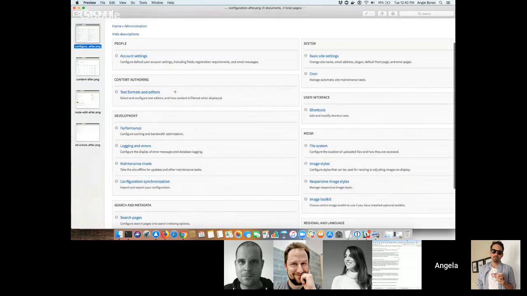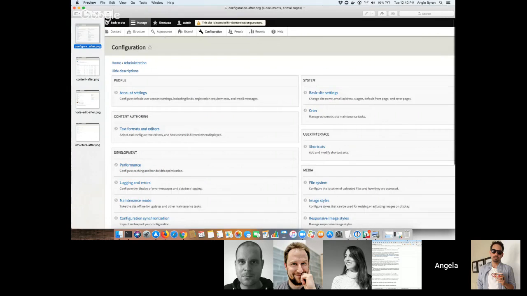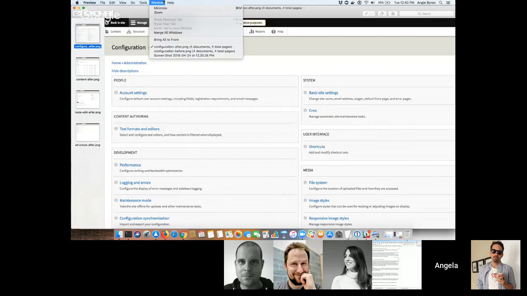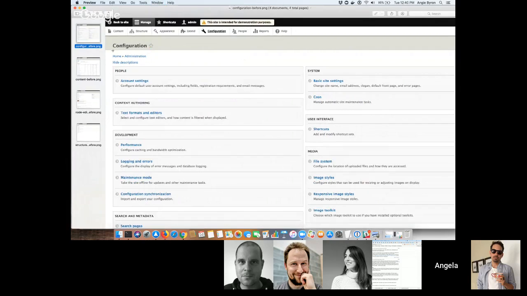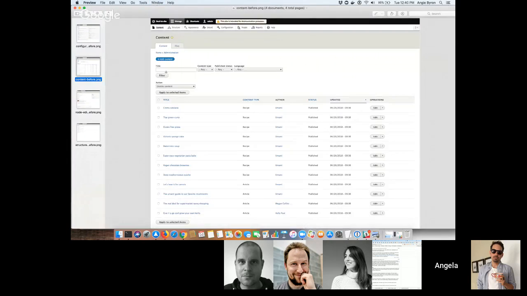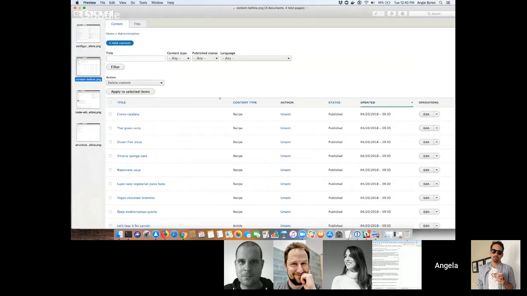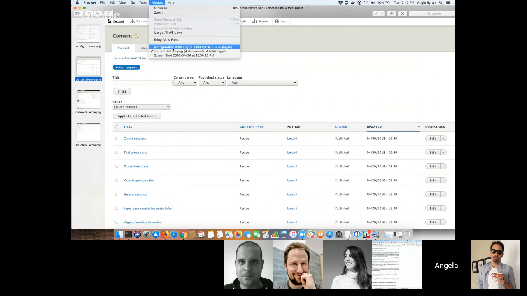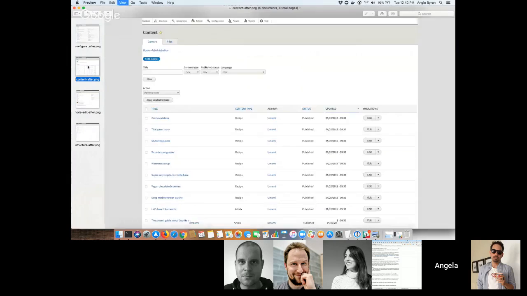But I don't know that for sure, so maybe hearing from Christina or some folks would be good on that. But for now, I'm going to quickly do a couple of these before and after things. So before configuration, here's the content page before. This is what it currently looks like. This is what it would look like with these patches applied,